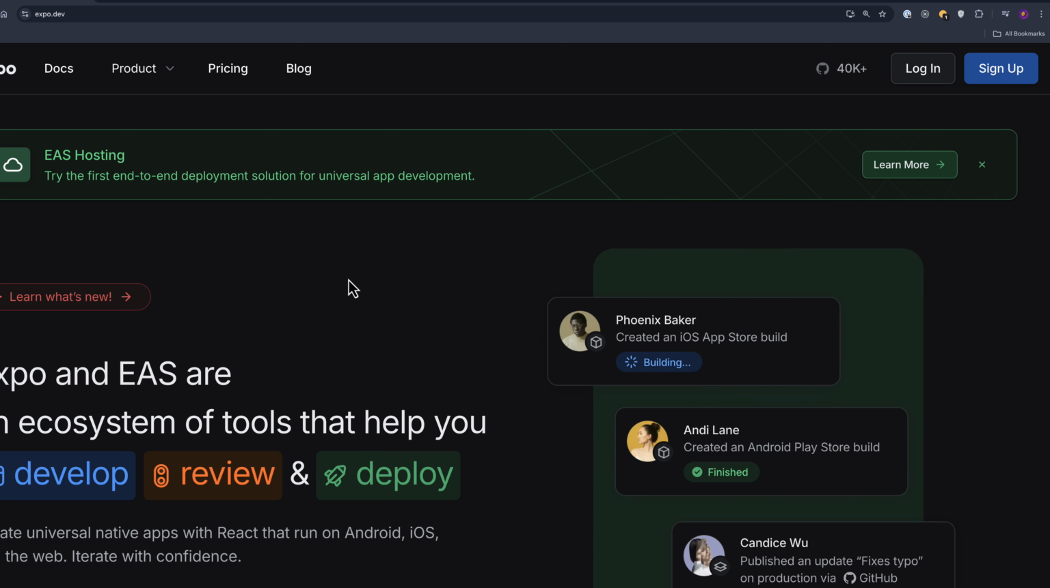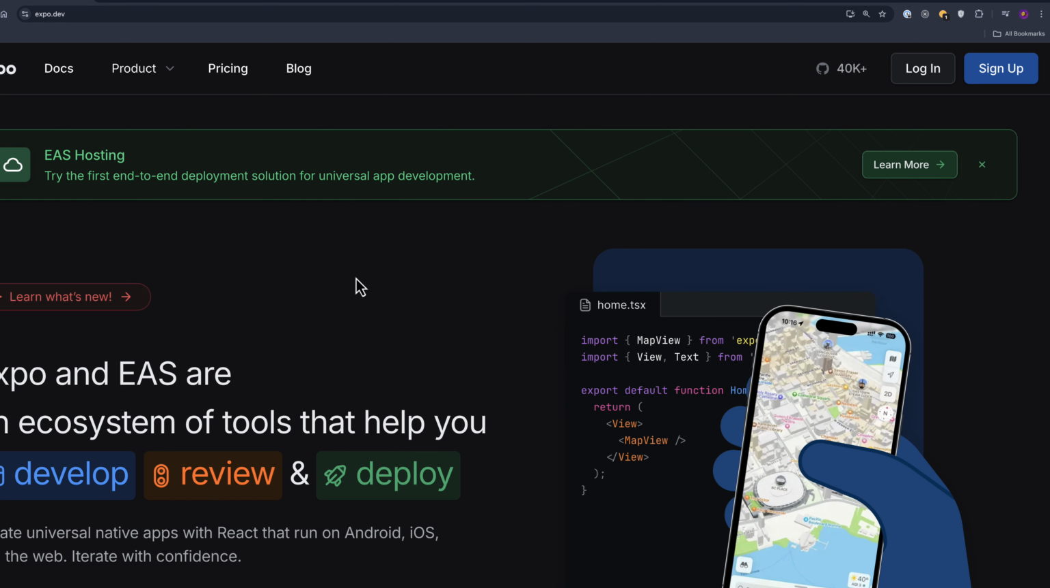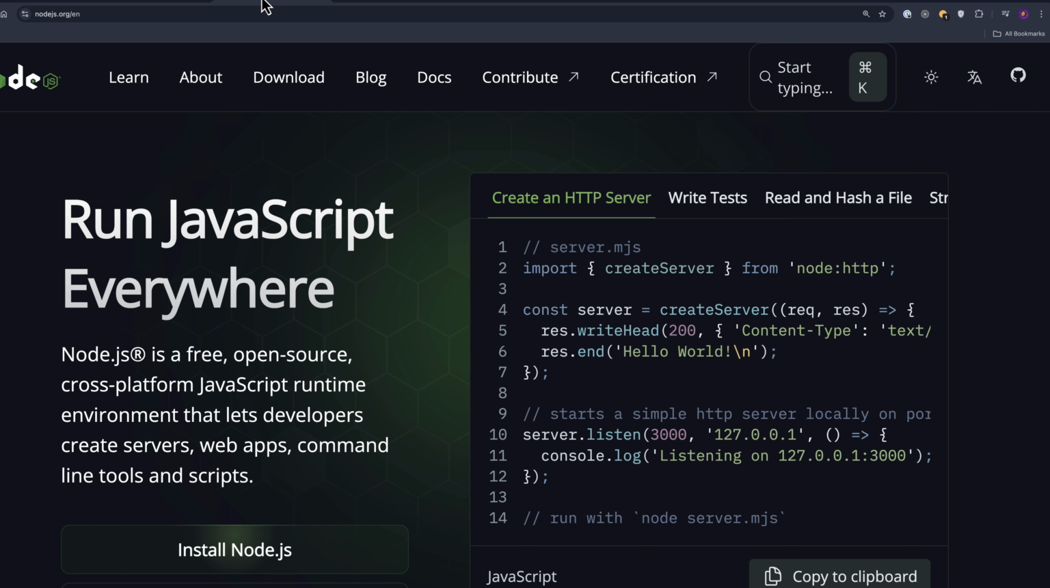Now that we know the framework that we are going to use to build the mobile application, the next step is to make sure to have NodeJS installed. And the main purpose of NodeJS here is to help us run our React Native applications. We are not going to write any NodeJS code here, but instead we're going to use it to run our